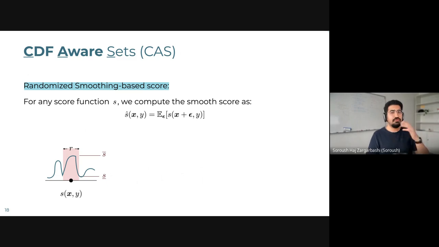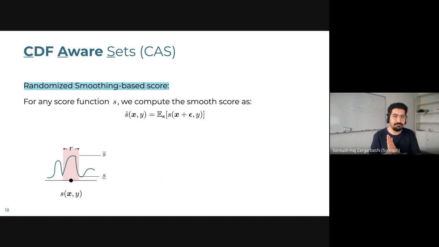But now, so far, whatever we said about robust conformal prediction was based on this assumption that there is a function or an oracle that gives me a lower or upper bound. But now the question is, how can I compute this lower or upper bound? First of all, I want my method to be working with any black box model. So basically, I'm not allowed to look at the mechanics of the model. I cannot look at the parameters of the model.